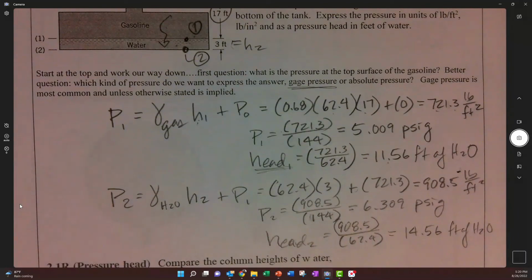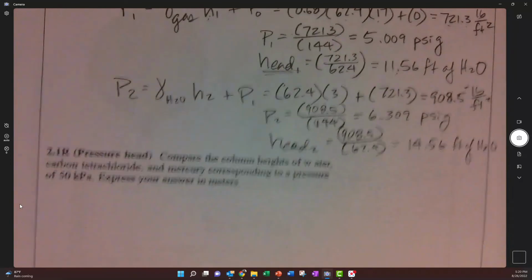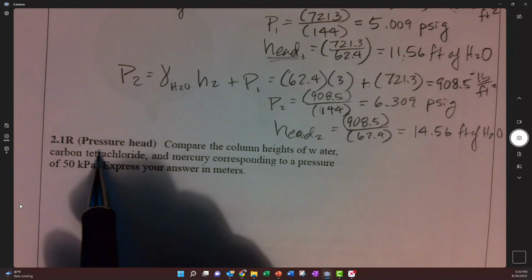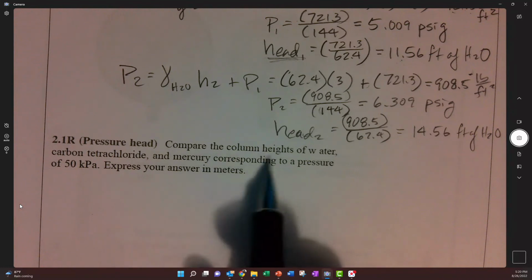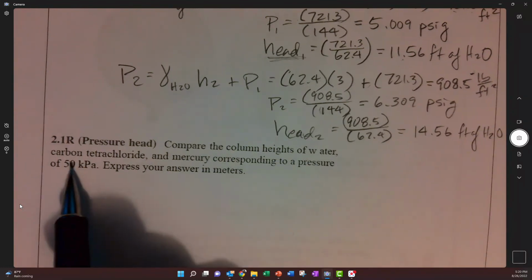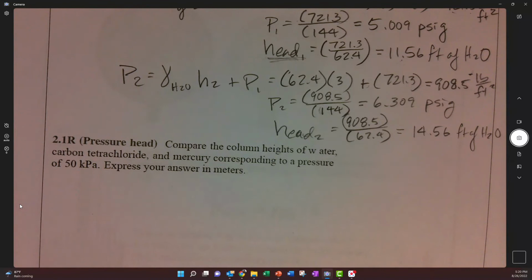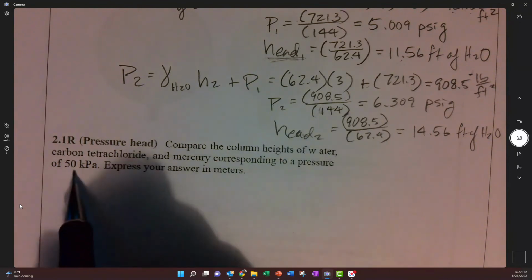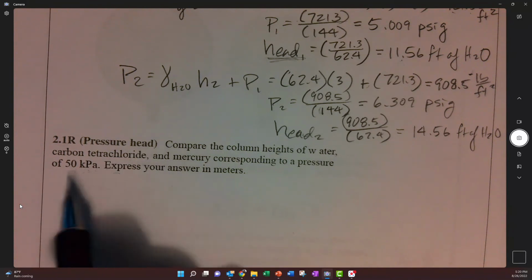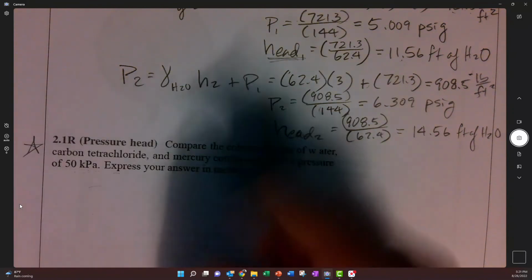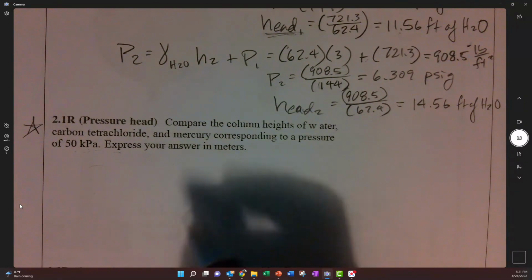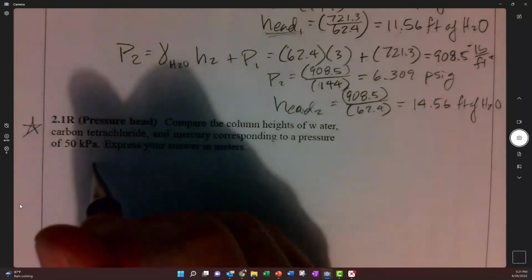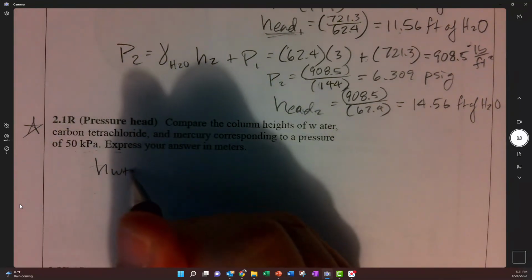Well, whatever. All right, so here's some out of another book right here that wanted to compare the column heights of water and carbon tetrachloride and mercury, corresponding to a pressure of 50 kPa or kilopascals. So we're going to use metric here. That's one of the reasons why I included it here, because we were doing everything in British gravitational up above. So all we have to do really is find the height, right? So we're at the height of water for 50